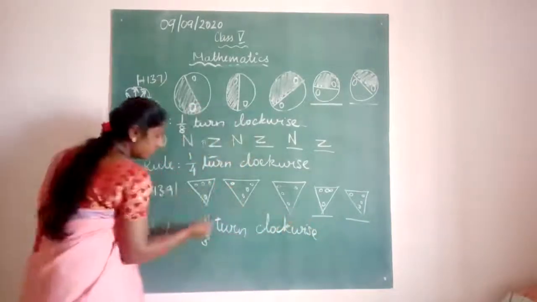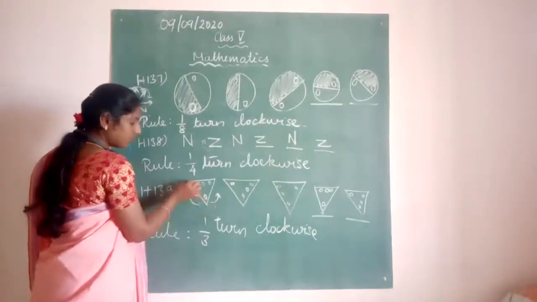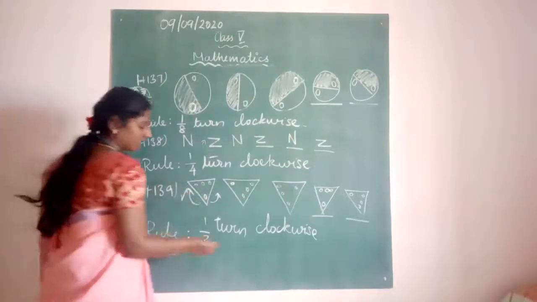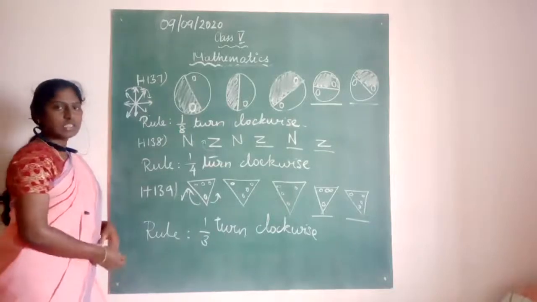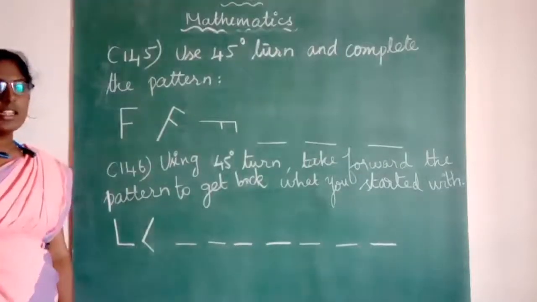Okay, so if it is moving like this, it is anti-clockwise, but it moves like this only. From here the single dot comes to this side, so this is clockwise direction. Okay, is it clear? So these are the answers for the homework questions which were given yesterday. Kindly check your answers. Now let us enter into today's class.